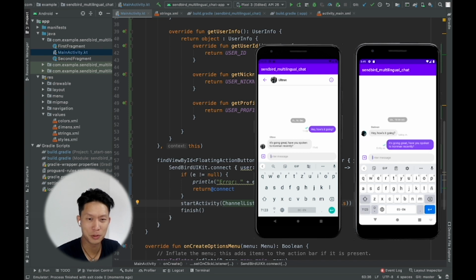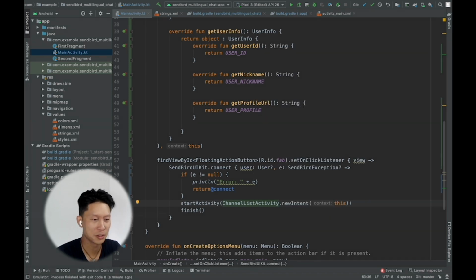So what I'm going to do is turn the emulators off. I'm going to kick off the build process to see how long this will take. And we'll build this to